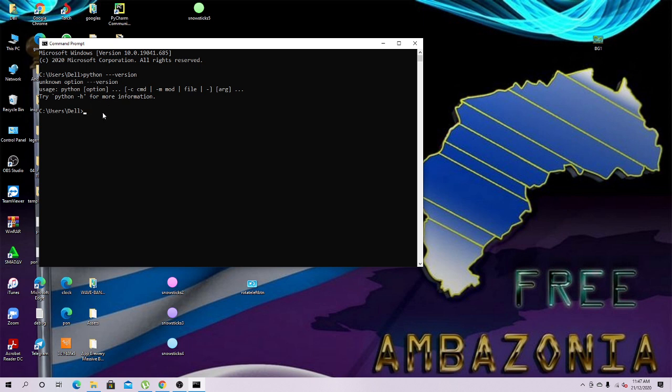Let's type. So we have the Python 3.1 shown, as Python has already been installed. So that's how you